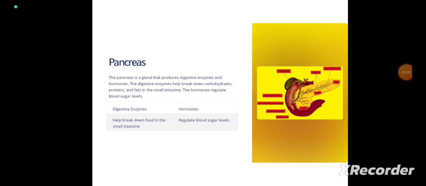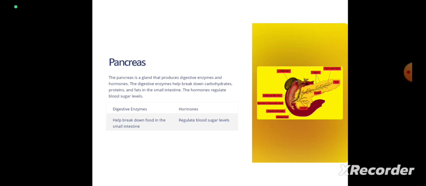Pancreas. The pancreas is an accessory gland which empties its contents into the duodenum. The pancreas is a pale grey gland consisting of a broad head, body and narrow tail. The pancreas consists of a large number of lobules. Each lobule is drained by a small duct and they unite to form a large pancreatic duct. The pancreatic gland secretes pancreatic juice.